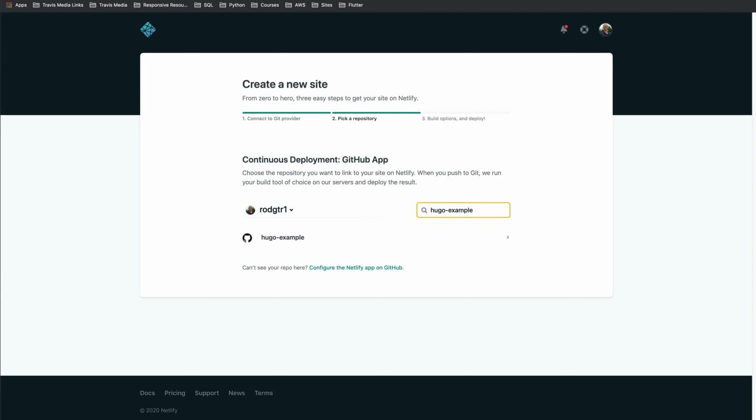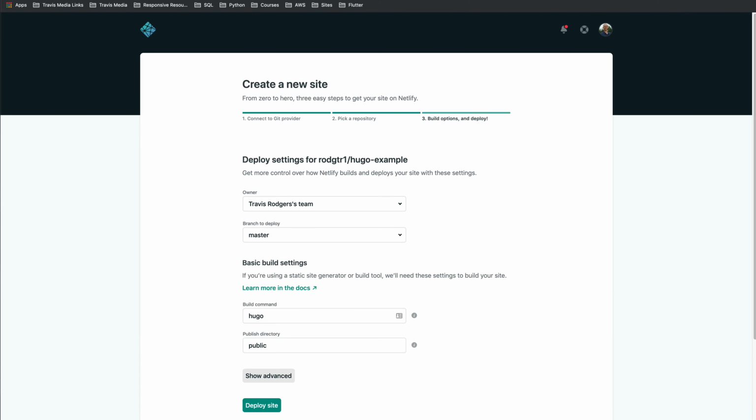So that's what happened. I had select repos chosen, not all of them. So I had to go and say, hey, use this repository. So here it is, Hugo Example. So once you get that, click that, and you're going to get to step 3, which is build options and deploy. The owner, I think they did this automatically. I didn't choose this. Branch to deploy is going to be